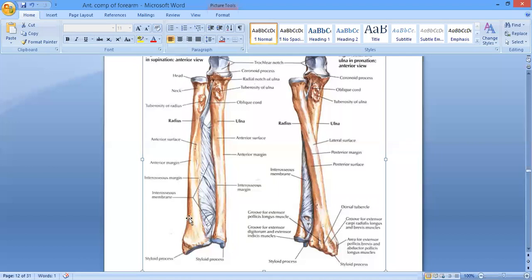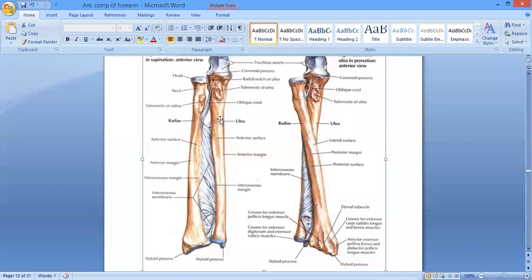And its purpose is that whenever someone falls on the outstretched hand, the thrust of the force which is received by the radius is going to be transmitted towards the ulna by this strong membrane. Okay, the thrust, the force applied on the bone after the fall, is basically transmitted by this interosseous membrane to the ulna, and from the ulna to the humerus, and from the humerus to the scapula. So the thrust of the force is being transmitted from the lower end of the upper limb to the upper aspect. Okay, number one.